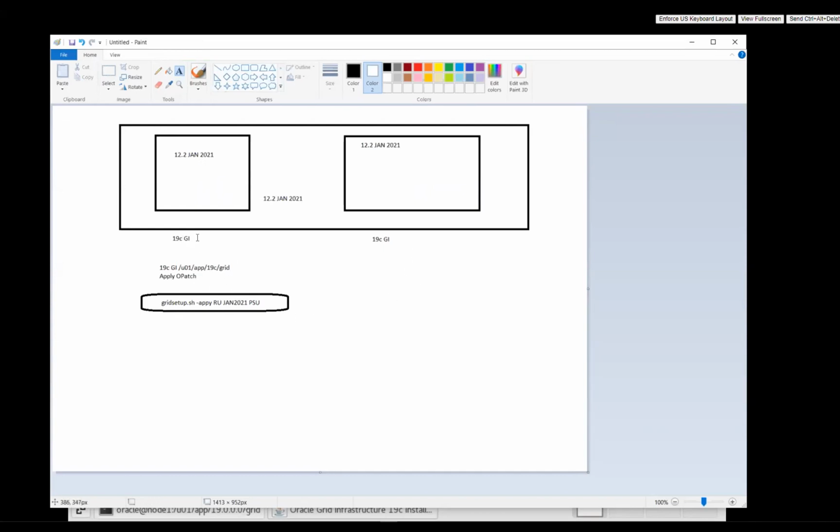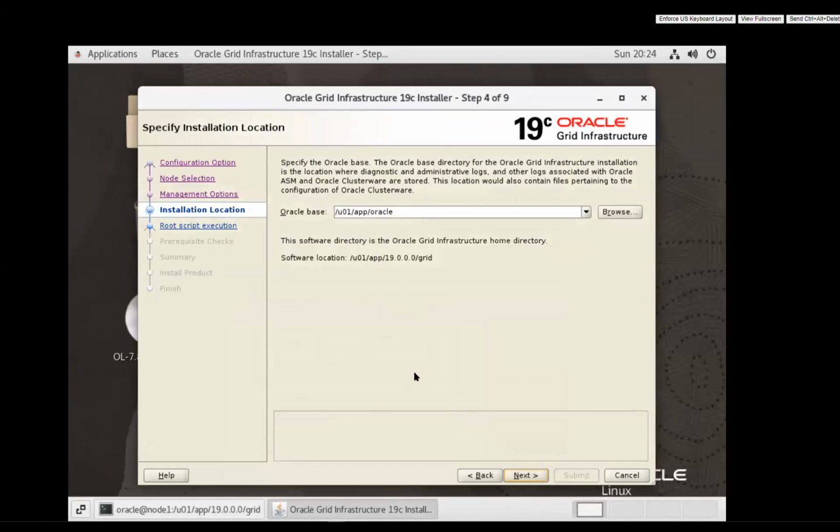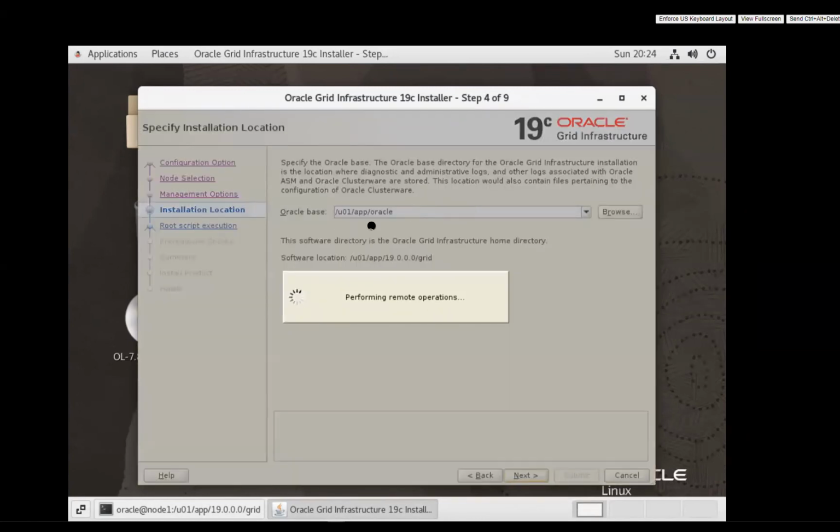And when you run rootupgrade.sh, your 19c GI home will be ready, and your Jan 2021 patch will also be applied on both nodes. These are the best recommendations; you can minimize the upgrade time. So I'll just go with the default options, because we are not going to change anything here. We are going to keep everything Oracle based, as it is. You can see the software location, your 19c GI home.